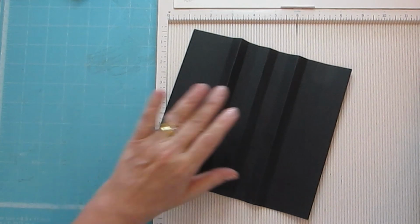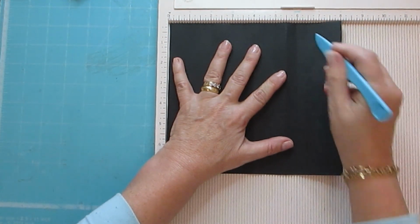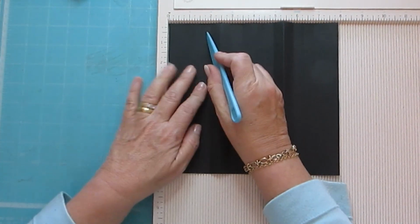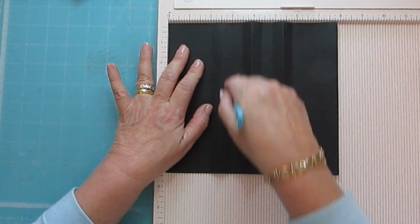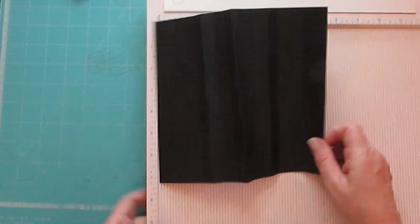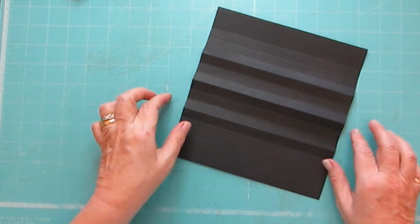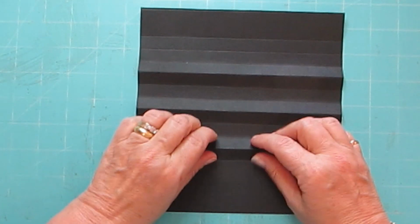Now, very simple, easy way to do this. Like I said, I got carried away. I did an extra one there, but it's okay. So what I did is I started scoring at 2, and then I scored at every 1/2 inch, as you can see here. And then what I do is I take, so you've got 1, 2, 3. So you bring those two together,